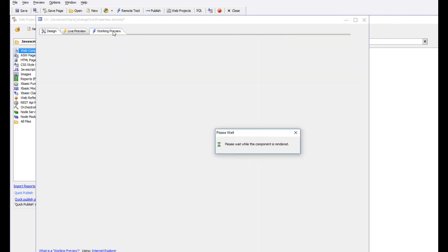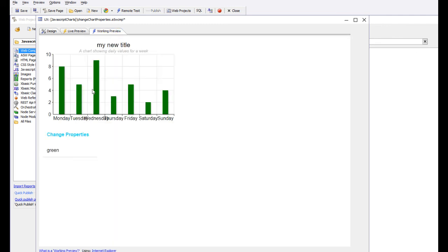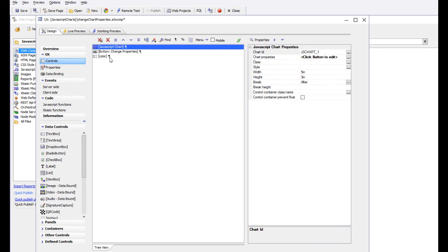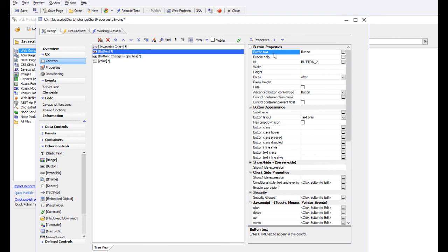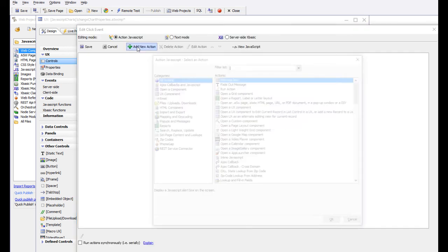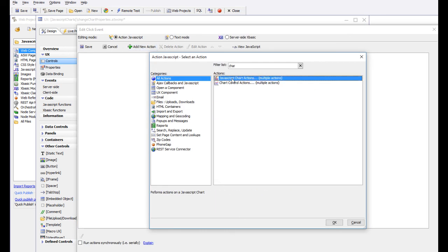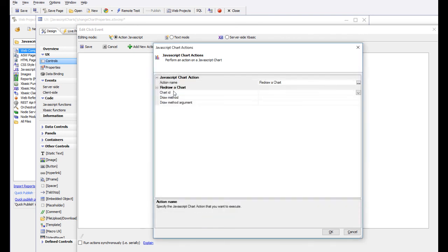So now if we go over to working preview, we'll see that our chart has a value, green bars. But now what we would like to do is change the value over here and then see this chart refresh. So when I go here and type in blue, nothing happens because we haven't refreshed the chart. So let's go now and put a button over there to refresh the chart. So we'll go here to other controls and we'll say refresh chart. We'll move that up to the top there, and we'll go to Action JavaScript and we'll type in chart to filter it down. We'll choose the redraw a chart option,